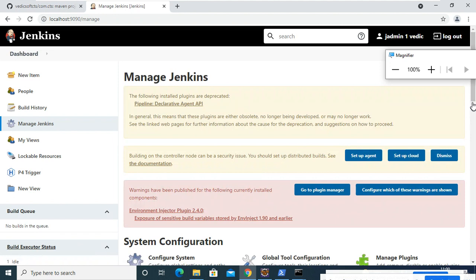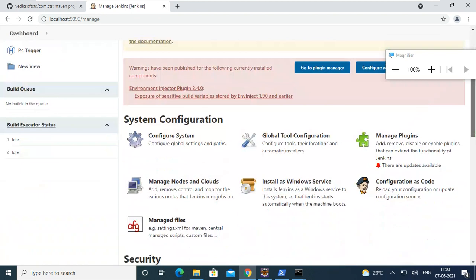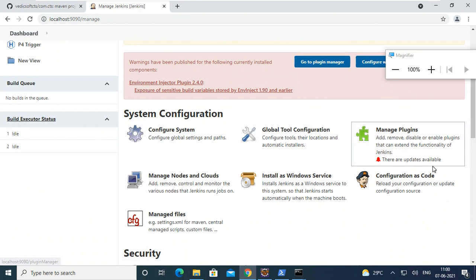Okay, here generally once you check with the plugins, some updates are available. Don't worry about that one. Global tool configuration, system configuration. There we have to tell where Maven and Git application is.